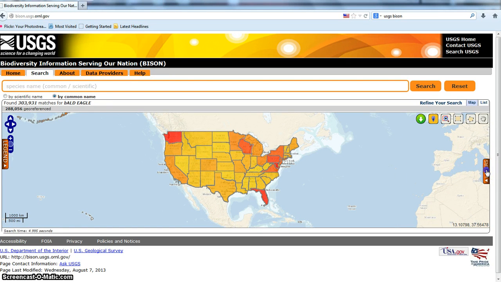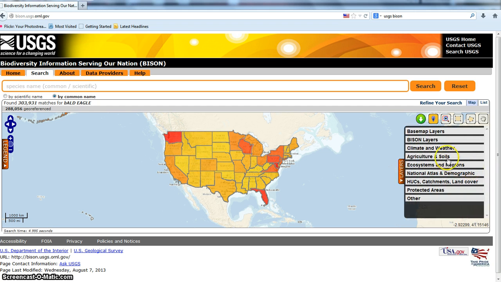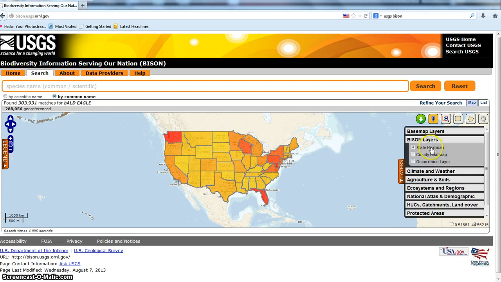We can get a better idea of what we're looking at. Go to BISON layers. And so what BISON calls a heat map is actually mapping the abundance of observations within the database. And if we go over to the legend,